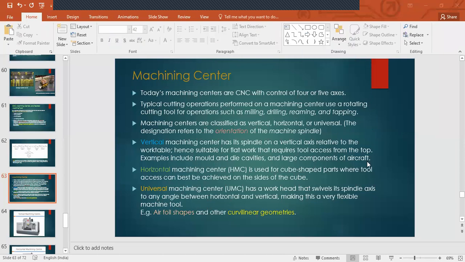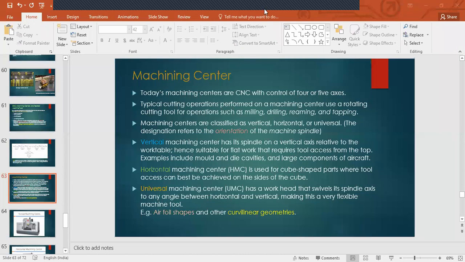And examples include your mold and die cavities, right? If you have seen how a die is manufactured, you will see that the machine tool comes from the top and it processes the part, it builds those cavities inside, removes the material. So it has to be from the top, right? Because the sides are very solid.